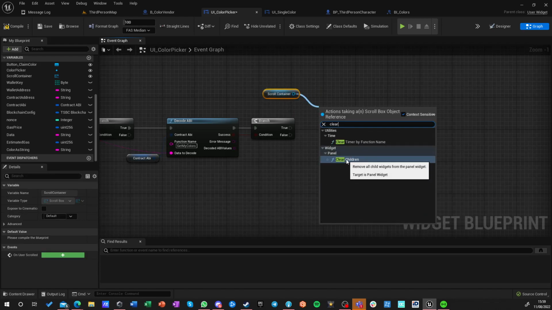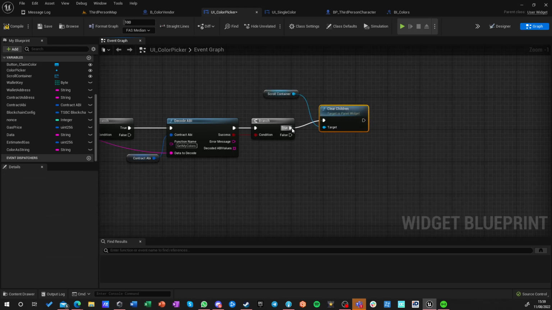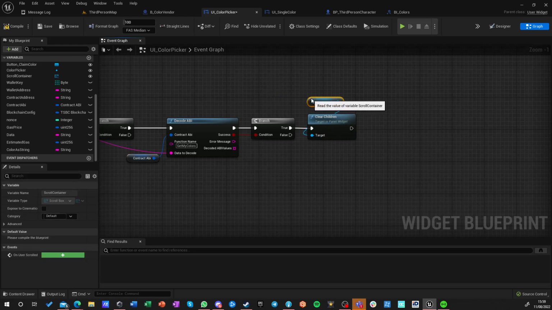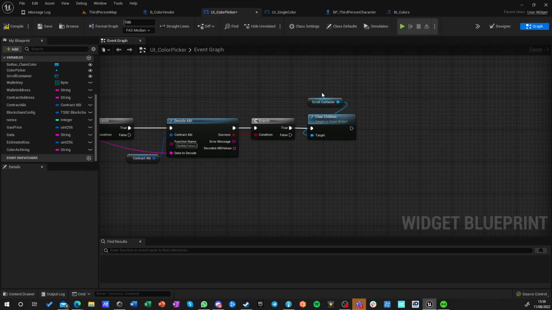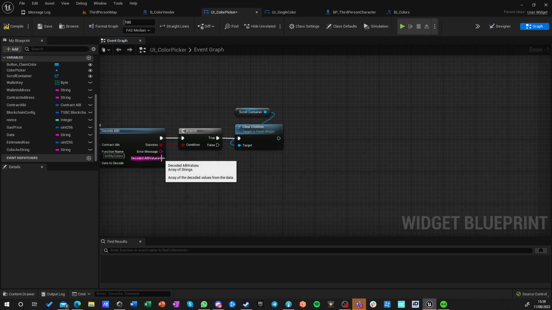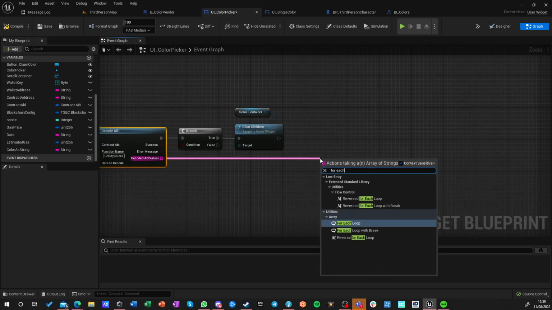But clear widget clears all children widgets from the panel widget. So this will clear all children. Okay, that's what we want to do first. And it is kind of a panel widget. And then after we clear, for each loop,